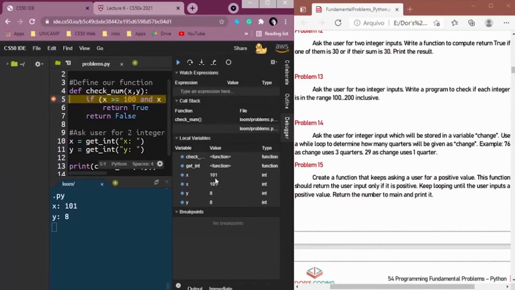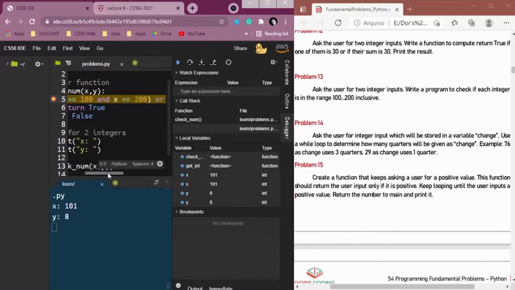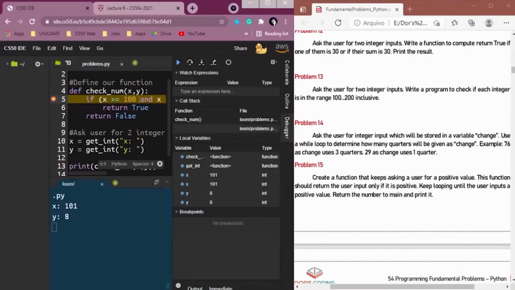Yes, because our x has value 101. Now to enter in this condition, we have to check if this second condition is true. So x is less than or equal to 200. Yes, because x has value 101. So since these two conditions inside the parentheses are true, we're going to return true,